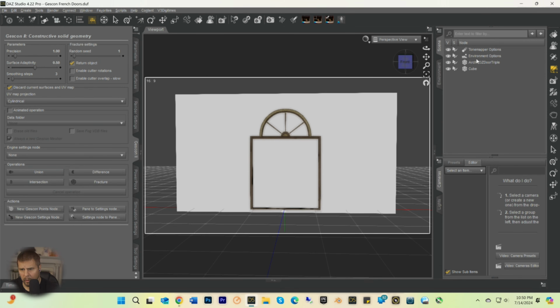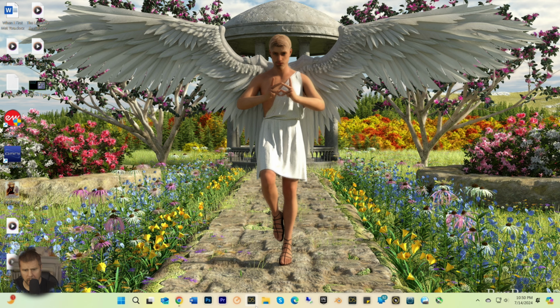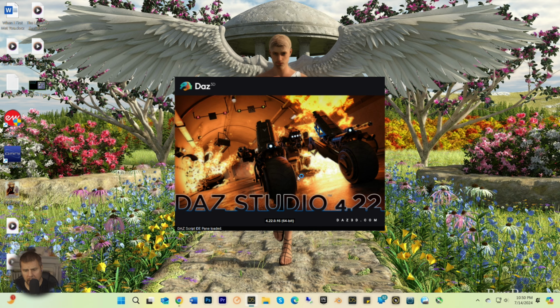No. Okay, let's close this. Reopen it. Could be just Daz is corrupt right now. I would imagine that cutting geometry out